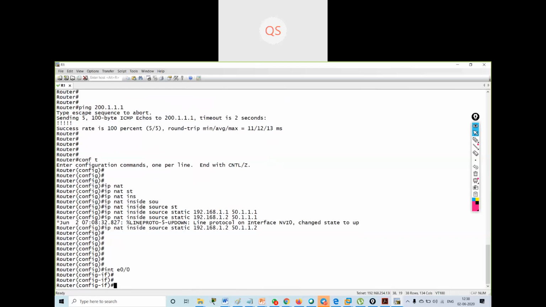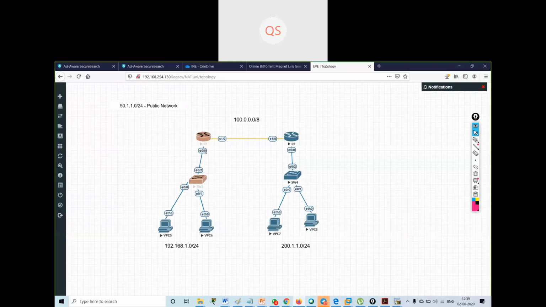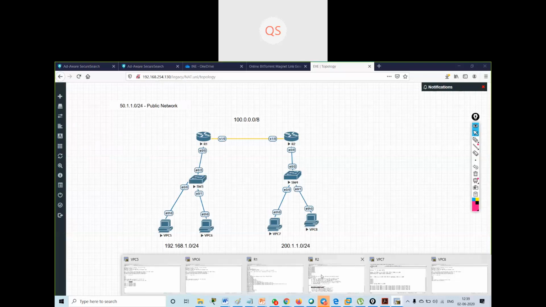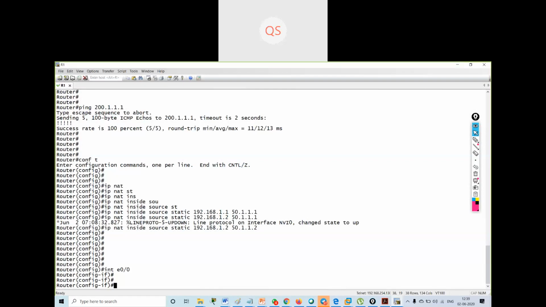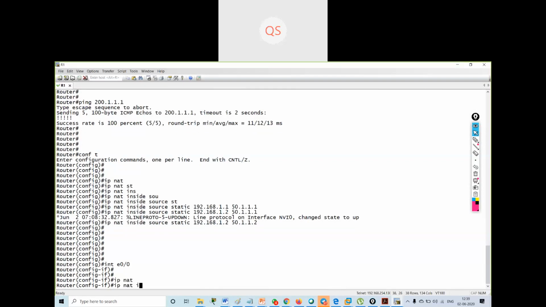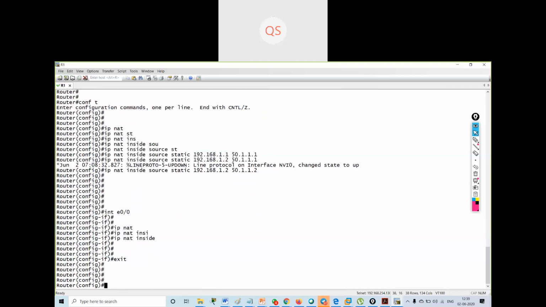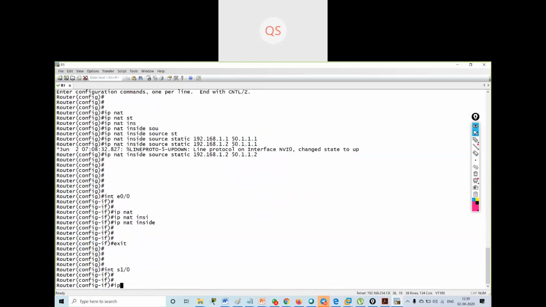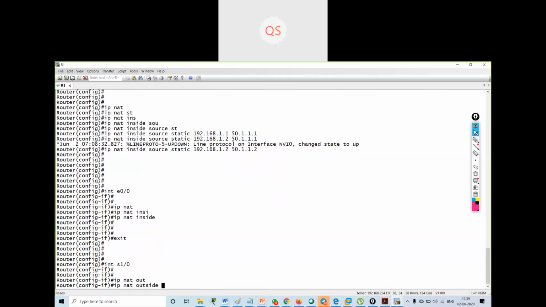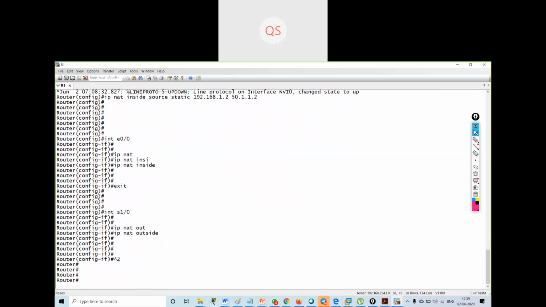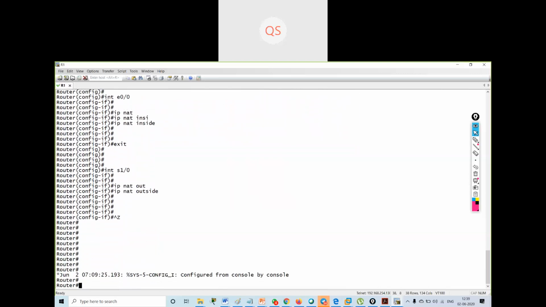On my Ethernet interface that is connected to my LAN, on E/0, I will say IP NAT inside. Whatever traffic is coming inside the LAN interface, NAT should be performed. And on the serial interface, I will say IP NAT outside. Whatever traffic is going outside the network, you have to perform NATing.